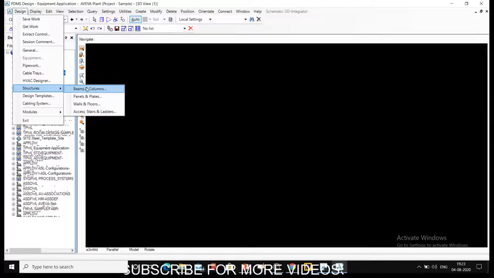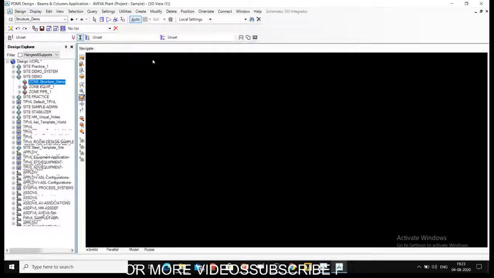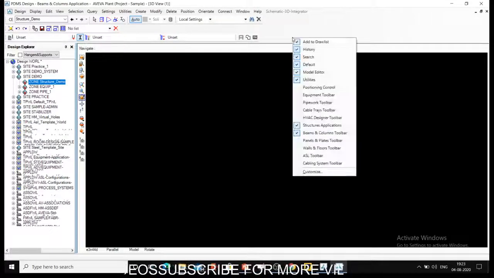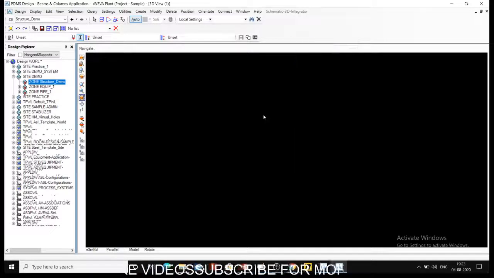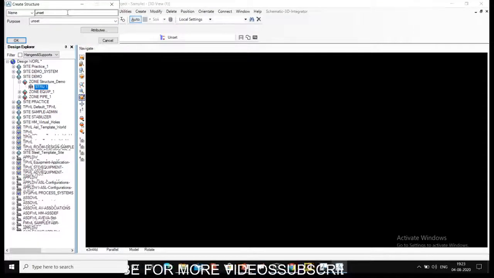Let us say I want to start with beams and columns, so you can go with beams and columns. That will activate certain toolbars for specific beams and columns. You can right click there and you can have all the toolbars for structures. Beams and columns, panels and plates, everything is there on the toolbars also. Then what you have to do is create a structure first. So we will create a structure, say base,